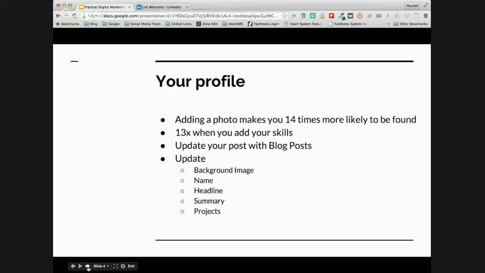So let's start off with your profile. It's the first place you've got to look at. Now, when LinkedIn started out years ago, I was one of the first people to join in. I think my registration number was 100,000 and something. So I was one of the early adopters, and it was very much seen then as an online CV place where you could create your CV or resume online for future employers. It wasn't really seen as a way for